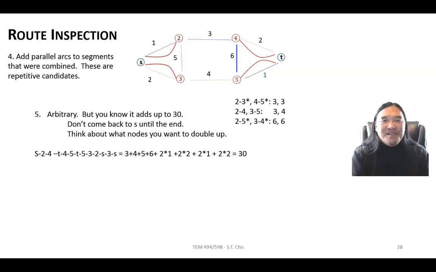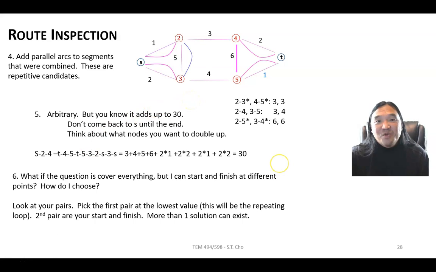totaling 30. But one of the keys you have to think about is, are there nodes that you want to double up on? Are there paths that you go over again? So as you could see, I go 5 to T to 5. And that's part of the path that I chose to use. So what loops do I want to repeat? And naturally what I look for are the lowest values. And so this is why I chose this loop to repeat, because as you could see, T to 5 is